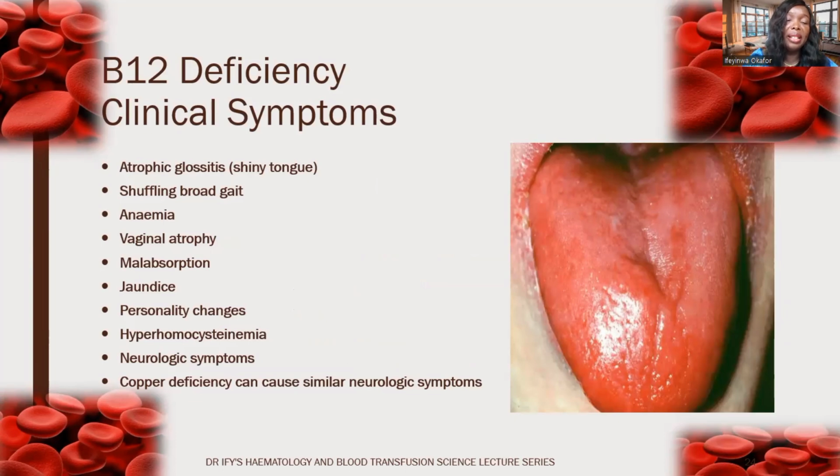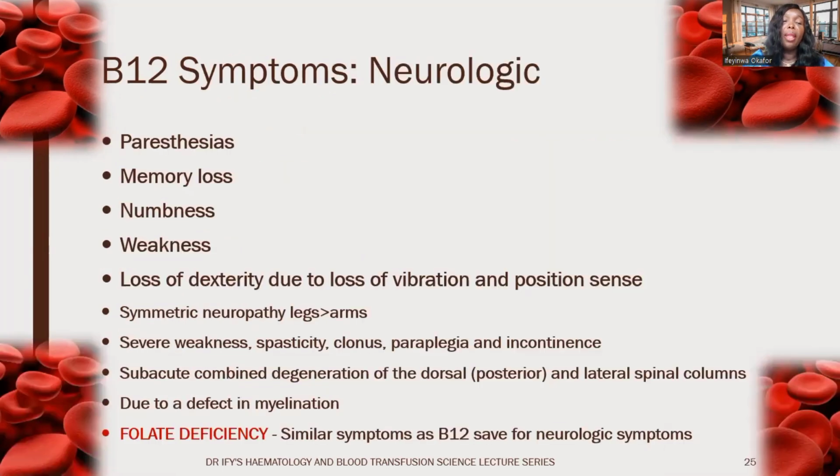Jaundice, personality changes, and then can also have neurological symptoms. And because of the neurological symptoms, you can have memory loss, numbness, weakness, and loss of dexterity due to loss of vibration and position sense. Systemic neuropathy of the legs and arms. Some of these symptoms can also be exhibited by folate deficiency